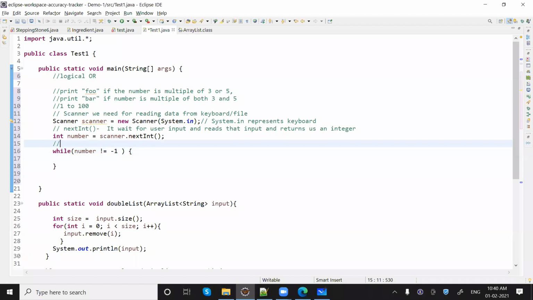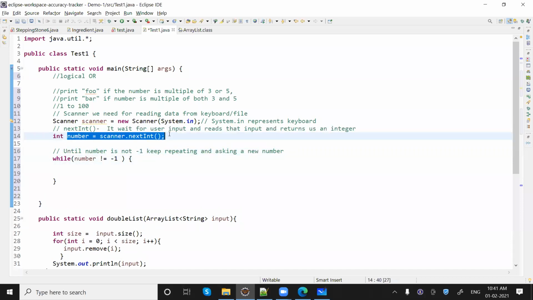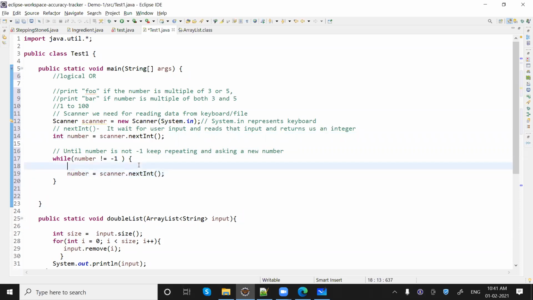Keep repeating until the number is -1, and keep asking for a new number. So until the number is not -1, keep repeating and asking for a new number. To ask for a new number, what we need to do is call this line again, right? And then what we will do here in between,